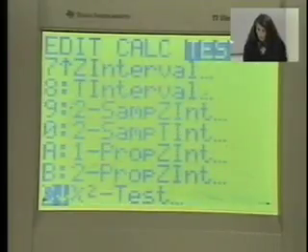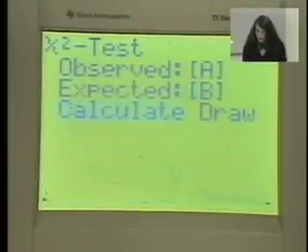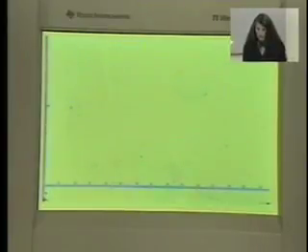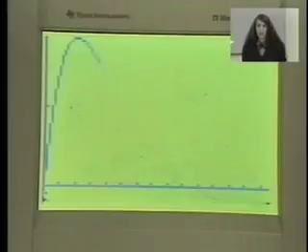All right, and then press Enter. And this time we're going to arrow down and arrow over to Draw. So it's almost the same, except we're going to do Draw. All right, now we press Enter, and it should draw us a nice little graph, and it should shade the